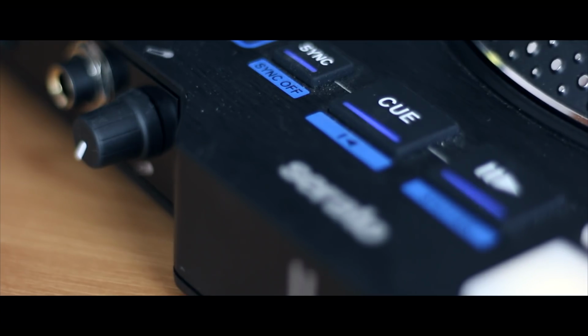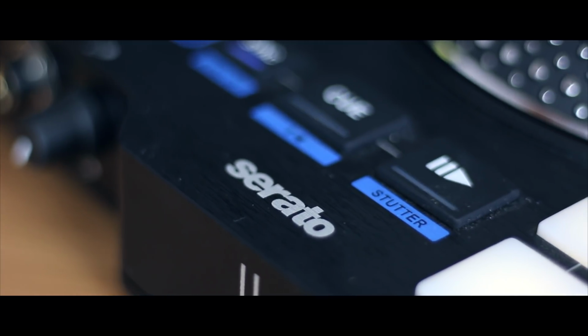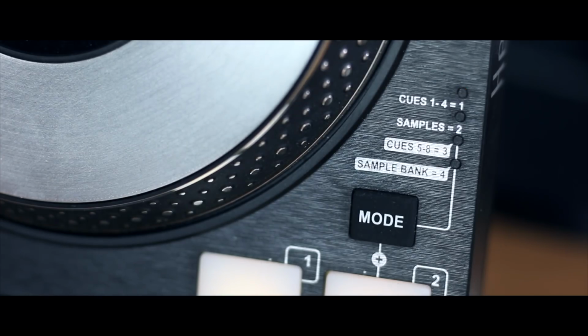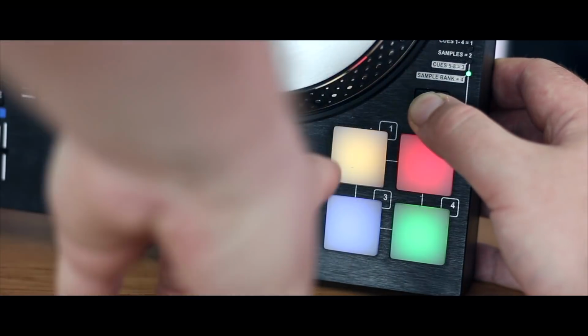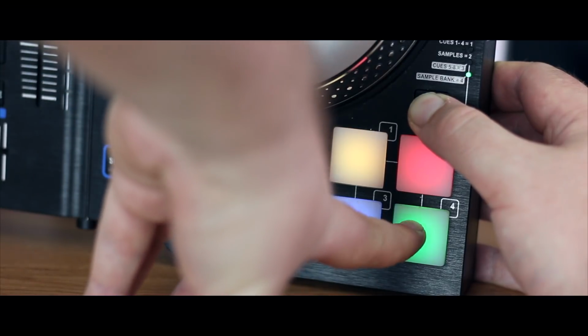I feel this entire area, which is one of the most used when DJing, could be improved in terms of its functionality and layout quite considerably. The last button in this area is a mode toggle button, which gives you access to the 4 additional cues and samples available in Serato. Scrolling through these modes is a little fiddly when DJing, as you have to press mode and then hit the